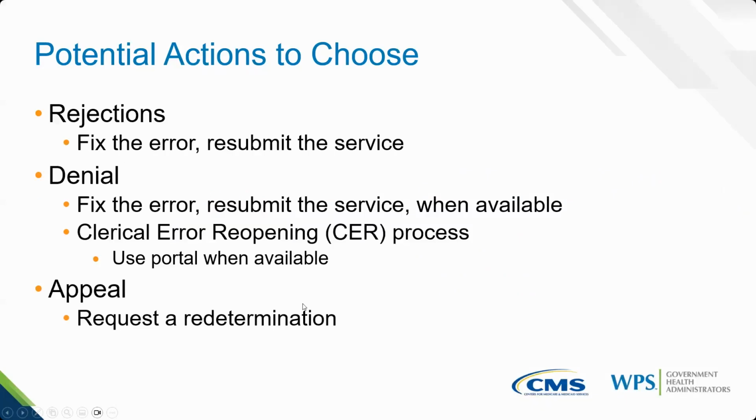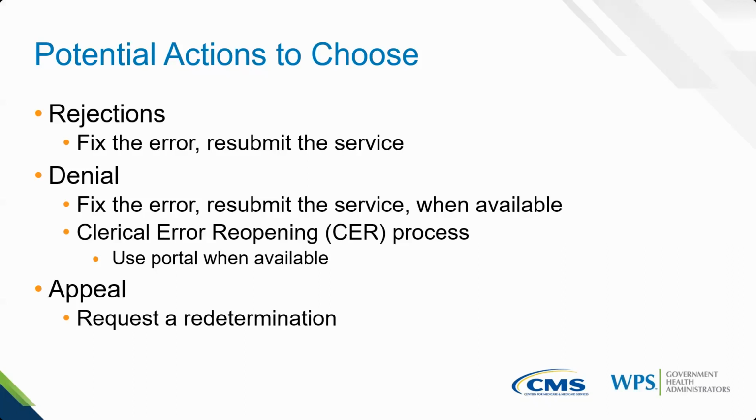So after reviewing that remittance advice, you're going to need to choose the action that you need to take to either fix, correct, resubmit, or even request an appeal if a claim denies. Of course, you fix and correct unprocessable claims. Some denials can be fixed, but denials would need that appeal request if you believe you should have been paid for something that Medicare did not allow payment for.